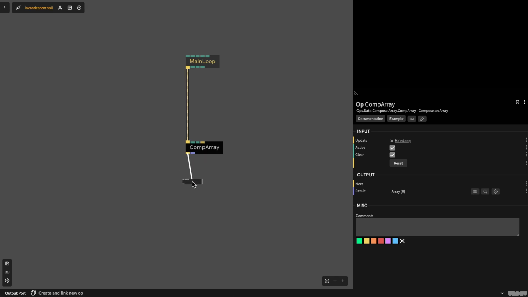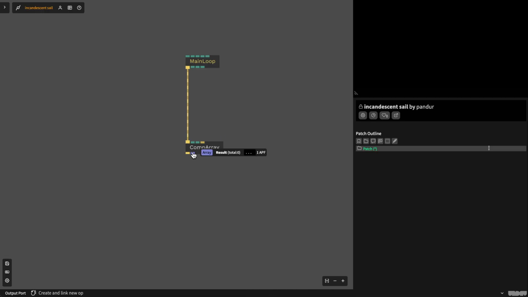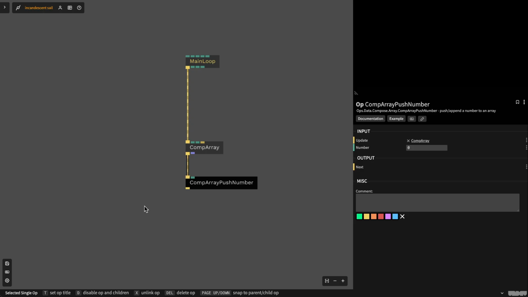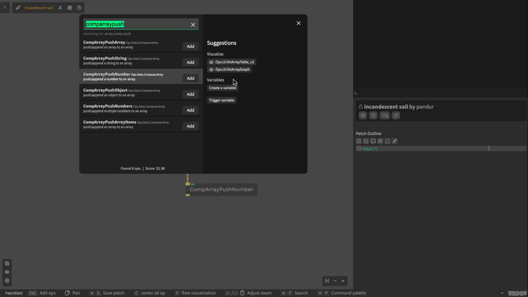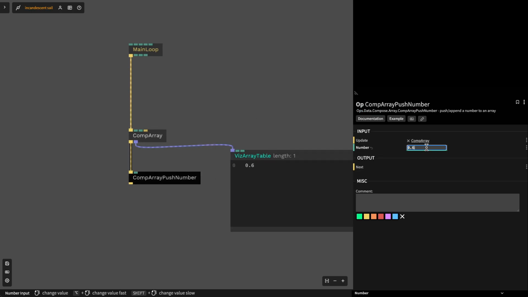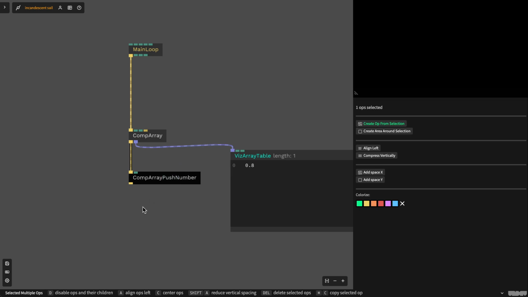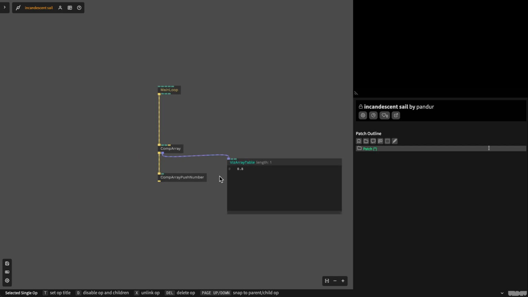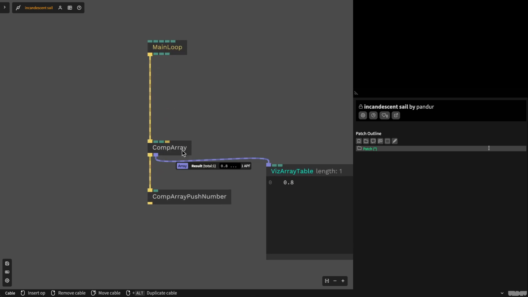And maybe every time I click a button, I want to add something to the array, right? So right now, let's visualize this again. We only have this one entry, right? And if we want a second one, I have to copy paste this operator, but we just don't know the length of the array that we want. We just want to basically have a buffer, where we can just push numbers to it and make the list grow and grow. So you can do this using the CompArray operator